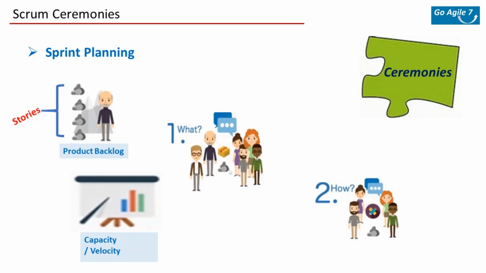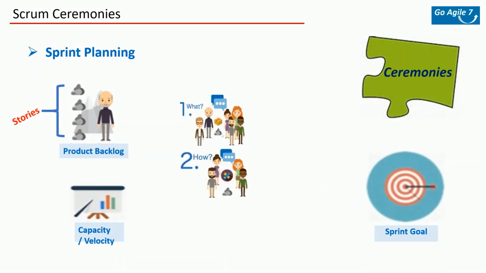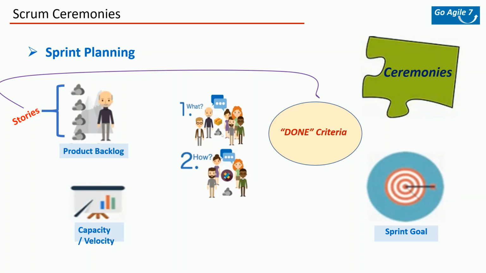Then set goals for the sprint. Establish when these tasks are expected to be completed in your Scrum schedule, what constitutes completion, and any other metrics for success you deem necessary. There is something called the definition of done. That means teams should plan to make sure all stories meet the done criteria to close them before the sprint ends. And we will be reviewing many of these things again, like the done criteria and all that stuff. So don't worry right now. For now, let's focus on these ceremonies.